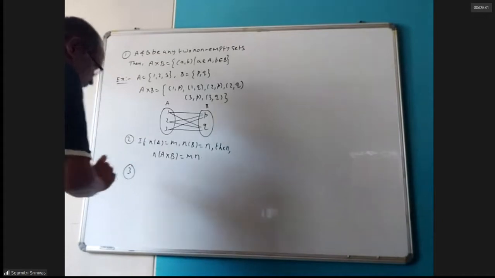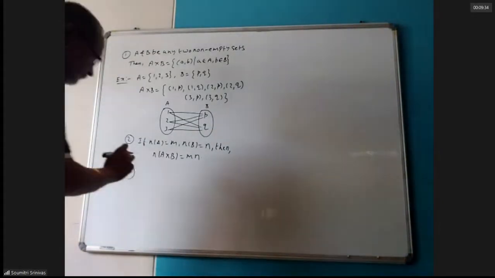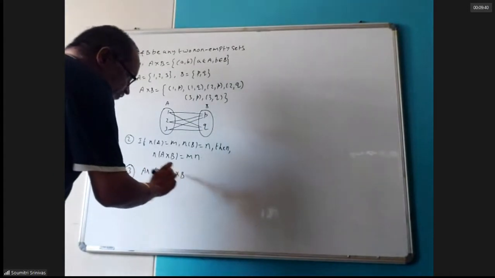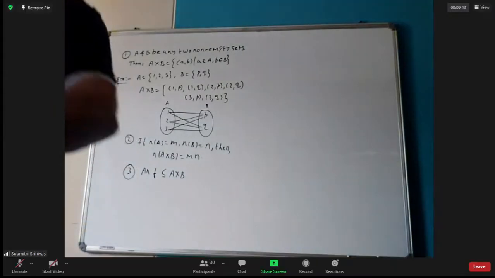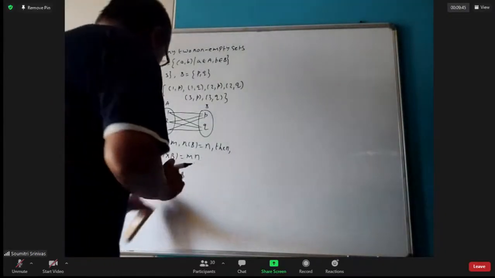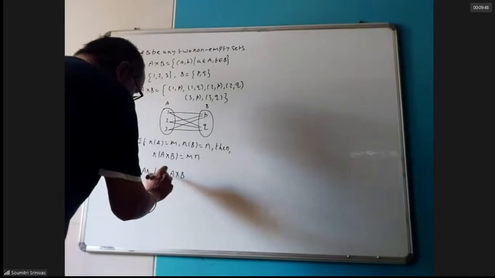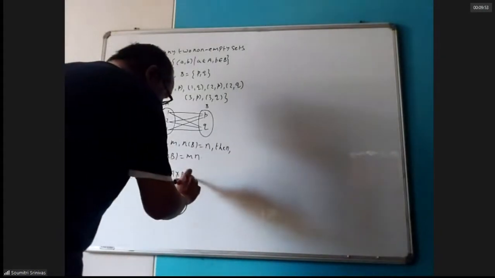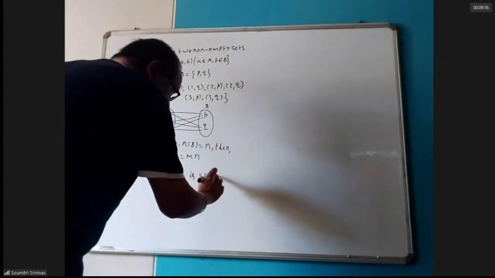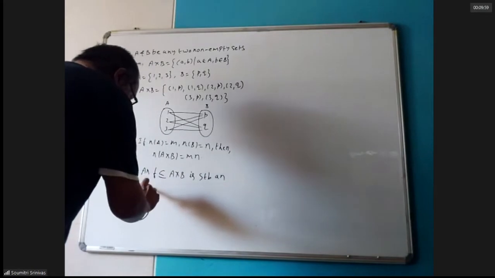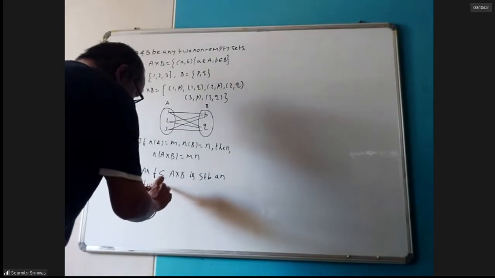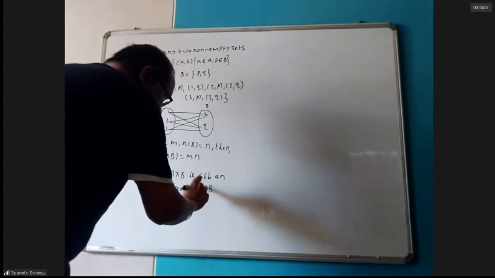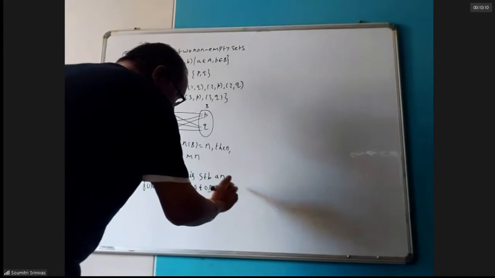Now, I define a function. And F is a subset or equal to A cross B. What does this symbol stand for? This symbol does not stand for less than or equal to. It is subset or equal to. And F subset or equal to A cross B is said to be a function from where to where? From A to B, if and only if